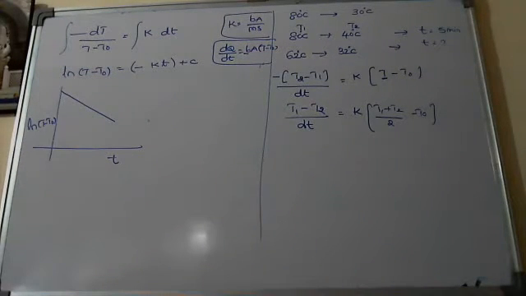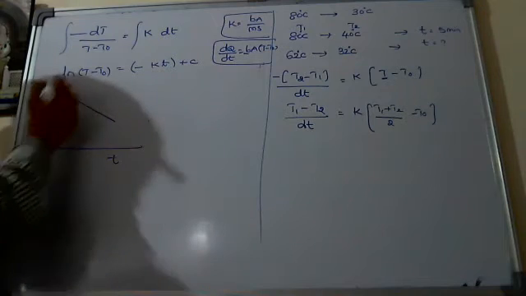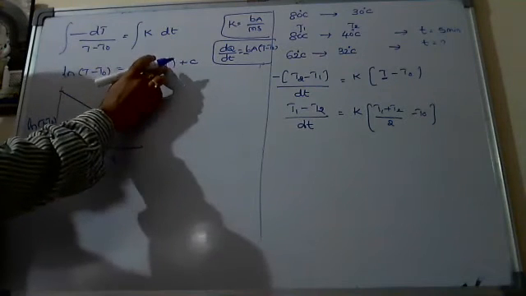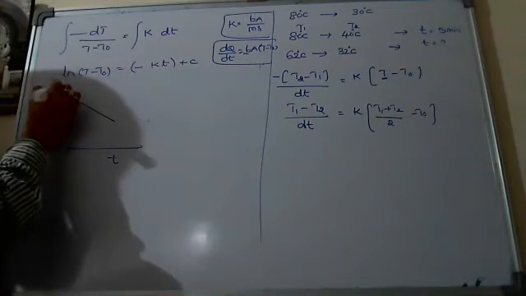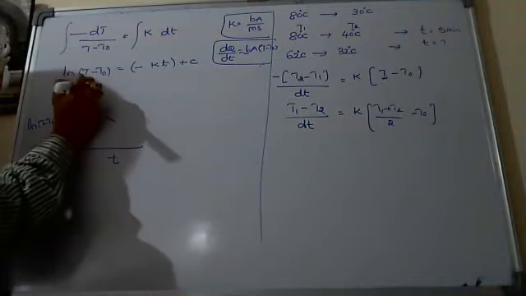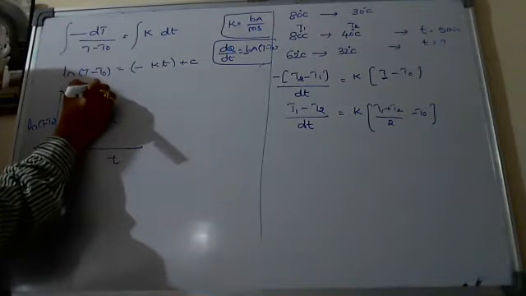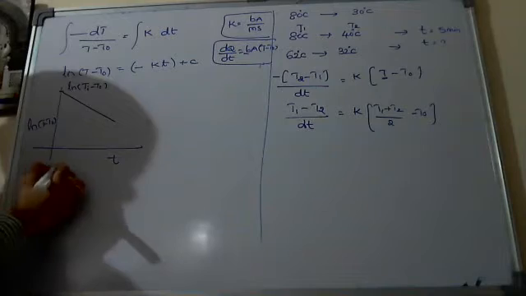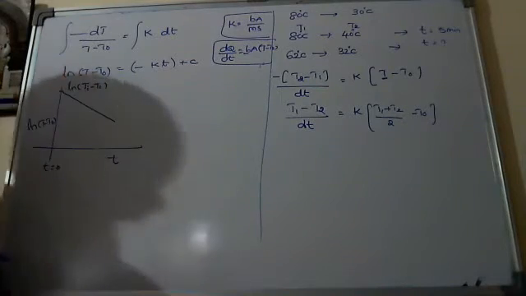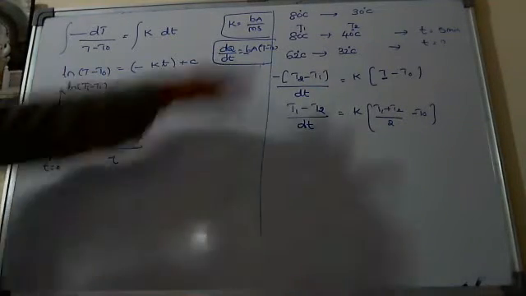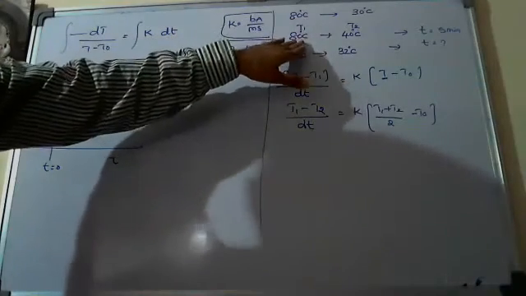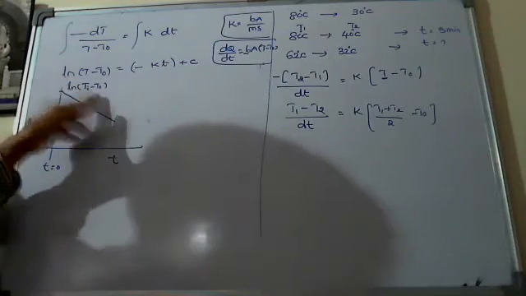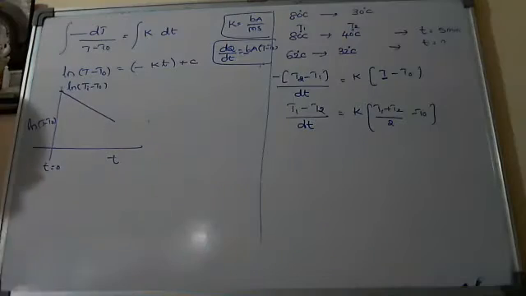So a straight line with negative slope means you will get a straight line like this. And of course, what will be the y-intercept? It's simple, put t equal to 0. Then it will be the log of the initial temperature minus t naught. At time t equal to 0, what is the initial temperature of the body? In this case, the initial temperature in the first model is 80, right? 80 minus surrounding temperature. So it will be a straight line intersecting, of course, with a negative slope.